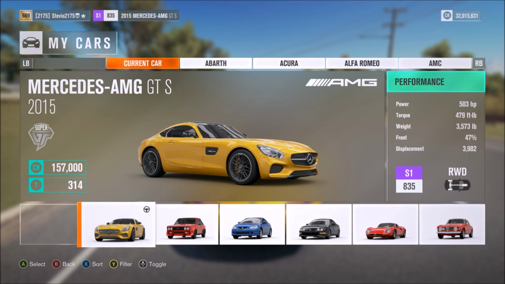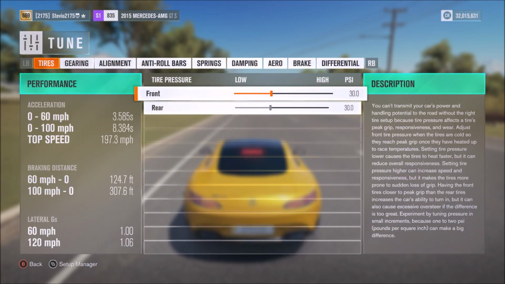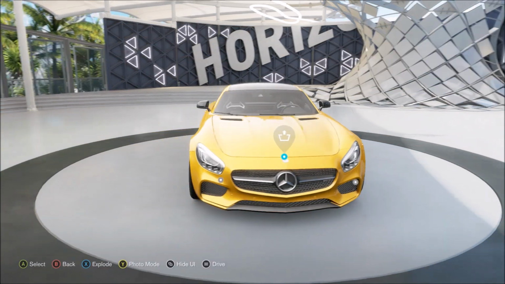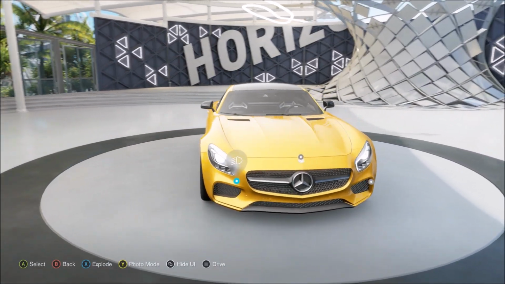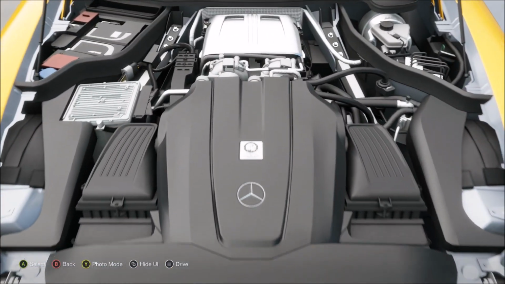Today I'm sharing with you the 2015 Mercedes-AMG GT S, and we're going to start off in the Forzavista so I can show you the car. Then we're going to move over to some racing gameplay so you can see how the car performs, and finally we're going to end off with some free roam gameplay so you can hear the sounds of this thing, because this thing crackles and pops and makes a lot of cool noises, and I really like the way this car